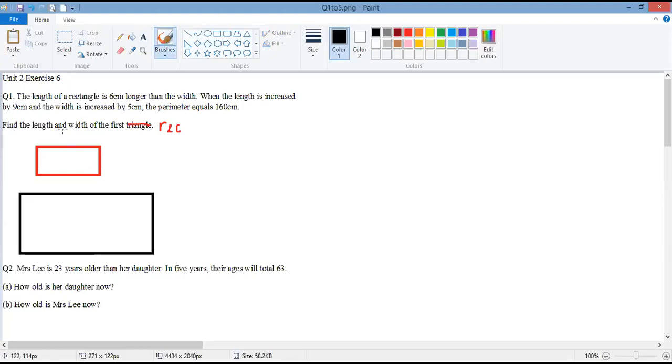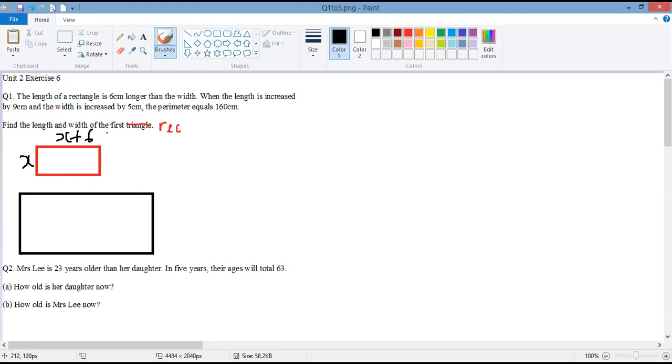Okay, then the length. You look at it here: the length of a rectangle is 6 cm longer than the width. So now you let the width be your x. So the width is here, this one. This is the width, and this will be the length. So the length will be 6 cm longer, means x plus 6. This is the length and width for the first